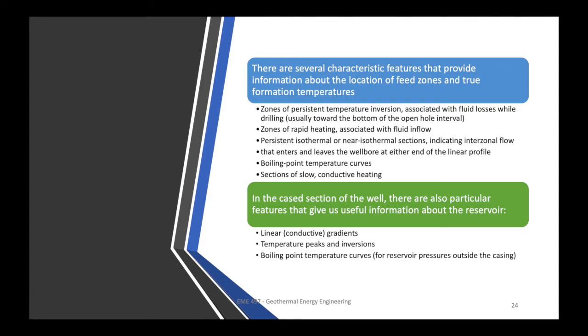There are several characteristic features that provide information about the location of feed zones and true formation temperatures. These are zones of persistent temperature inversion associated with fluid losses while drilling, usually towards the bottom of the open hole interval, zones of rapid heating associated with fluid inflow, persistent isothermal or near isothermal sections indicating interzonal flow that enters and leaves the wellbore at either end of the linear profile, boiling point temperature curves, sections of slow conductive